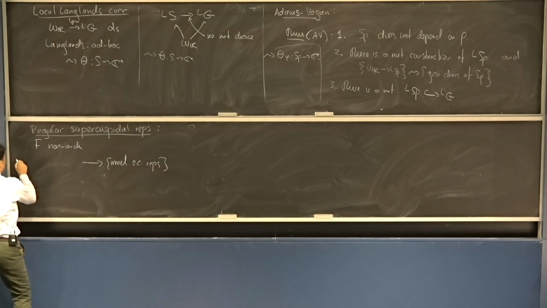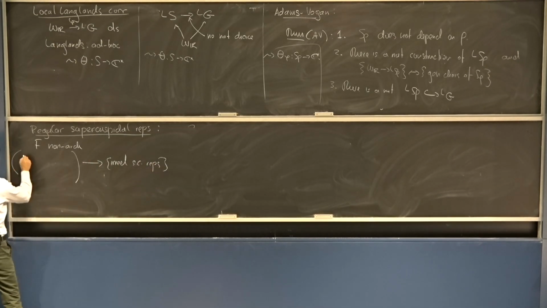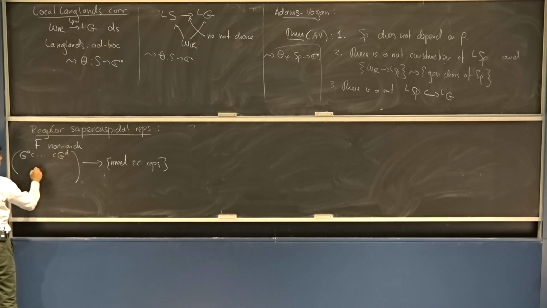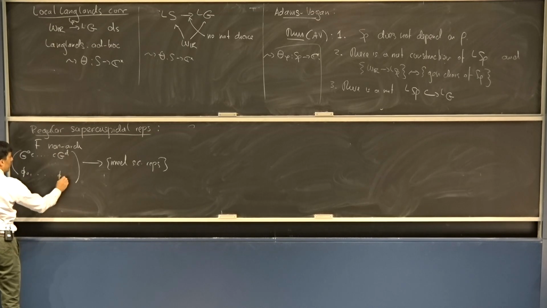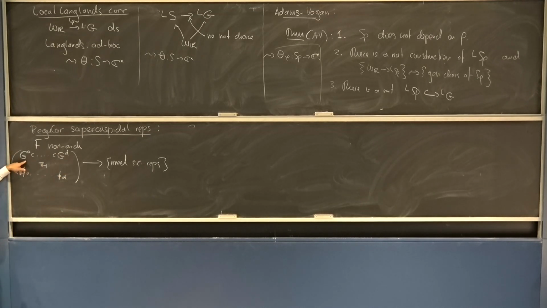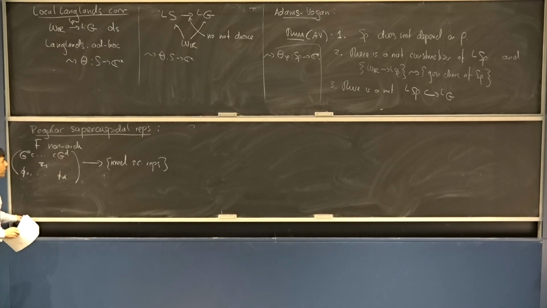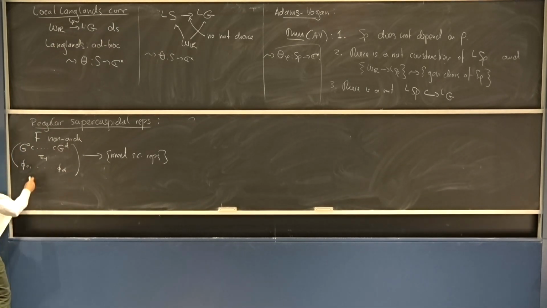And the construction takes a large amount of data. There is a whole collection of subgroups of the group. There is a collection of characters on them. And there is even a representation that you start with on the smallest one. So I don't want to explain all the data. That would take time, and is maybe not too important. I'll say just a little bit.